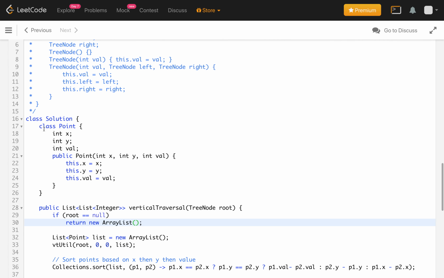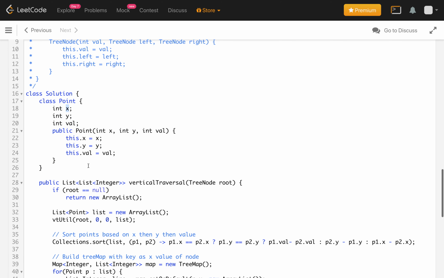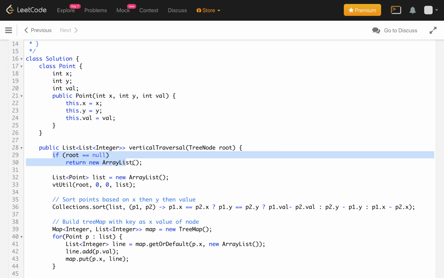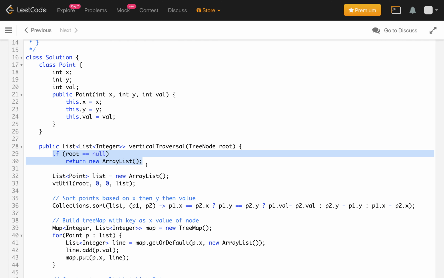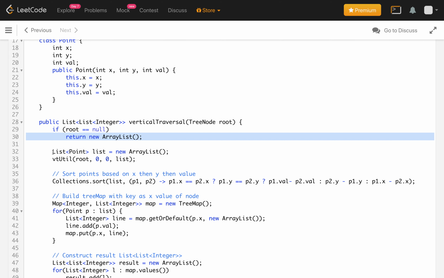So first we created a custom helper class which has coordinate x, y and value, as discussed. Now we check if there is no node in our tree, then we simply return. Otherwise we create a reference for the list that will hold all the points with their coordinates x, y and value. We are calling a helper method, vtutil, and initializing the coordinates x and y for the root node as 0, 0.